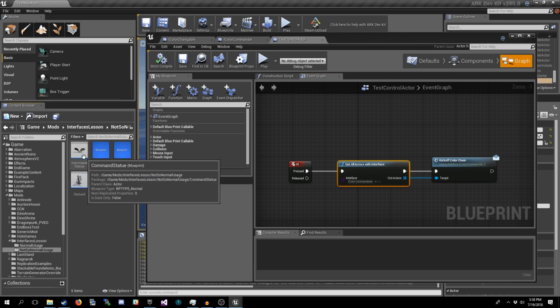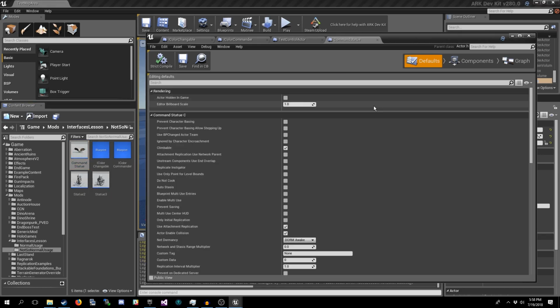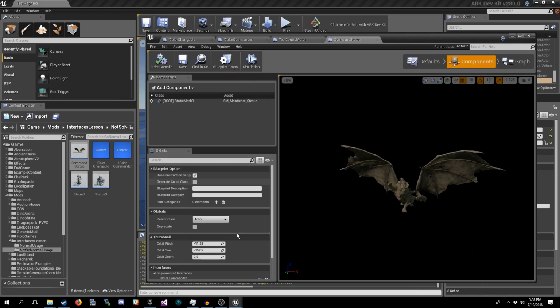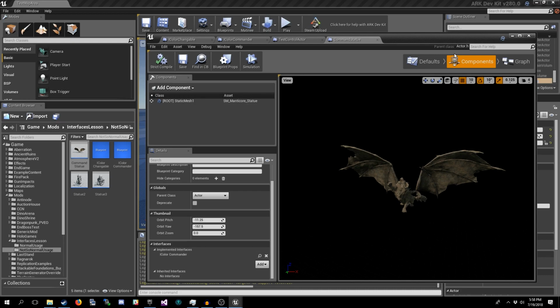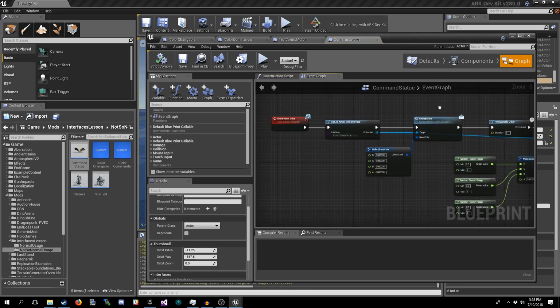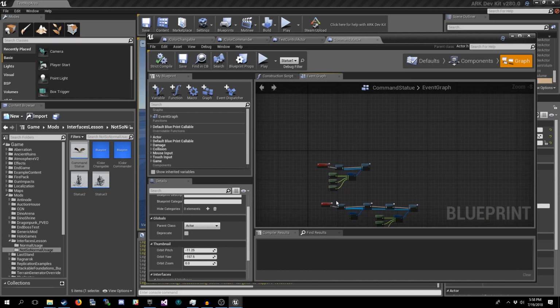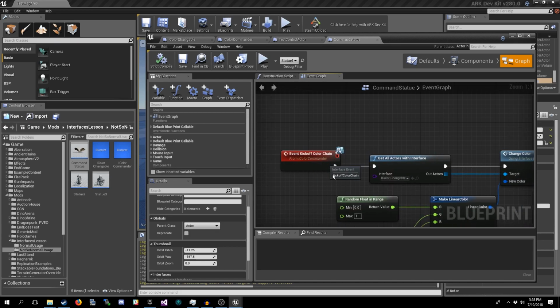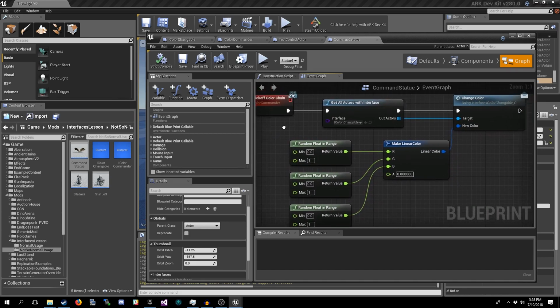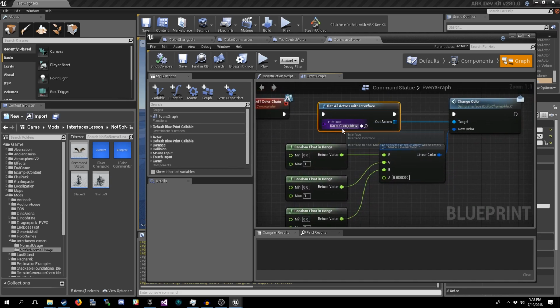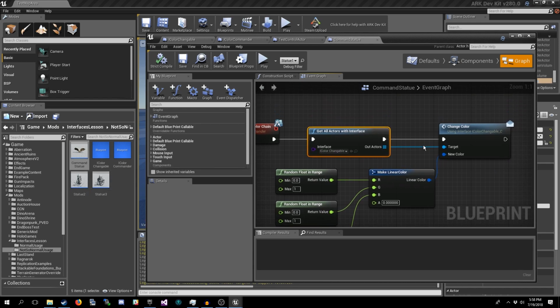So we come back in here again. We go to command statue. Okay, this is our color. This one implements the color commander interface. So once we've got this one, we've got two events in here. For event kickoff color chain, that's when I press the H key. It gets all actors with interface for iColor changeable. Okay, so everything that is implementing iColor changeable, which is these two classes right here, and there's an instance of each on the map,